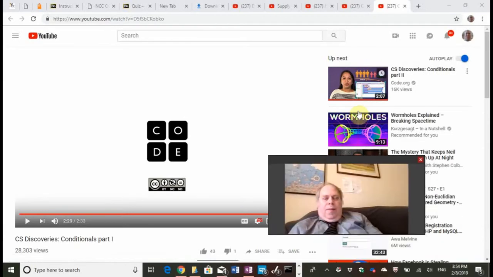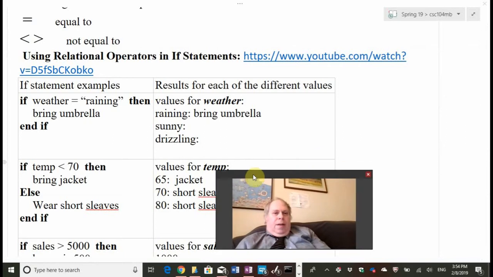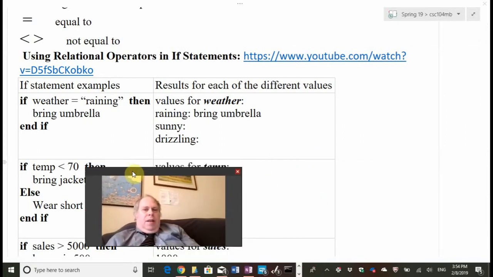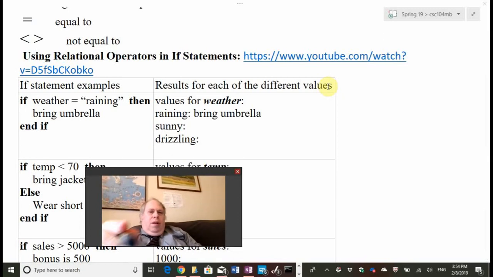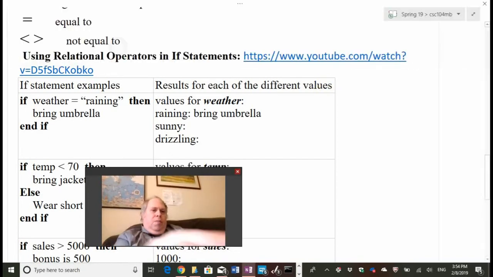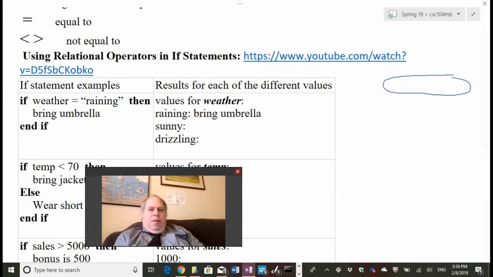Okay, so going back, an if statement works like this. Like if it says, if weather equals raining. So what we do is we start with one of these. If we flowchart this out, we start with one of these guys. We always start with one of those guys. And we go down,